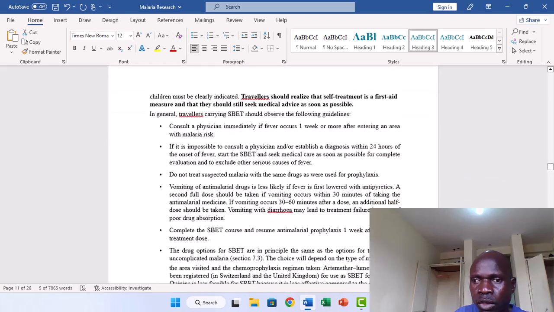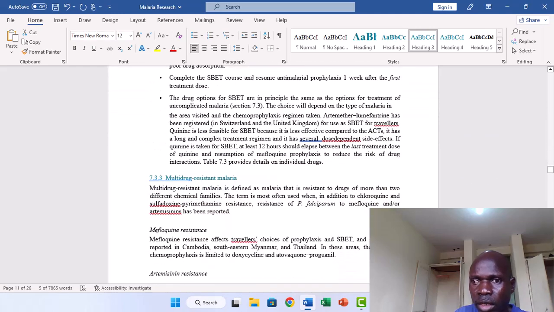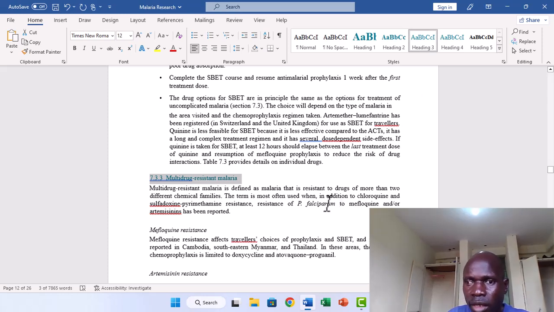Then we have another heading here, multi-drug resistant malaria, which is 3 digits. So I'm assigning heading style 3. When you are done assigning heading styles to every topic,